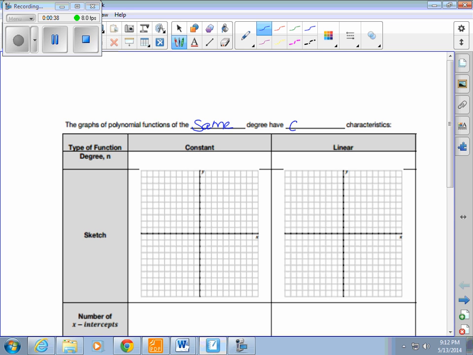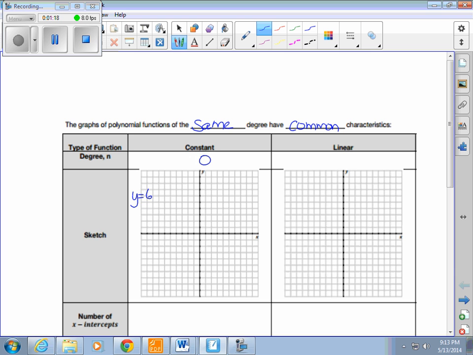have common characteristics. Okay, so if we have a degree where the constant is 0, what you will notice then is you're going to have a straight line. So for example, if our equation was y is equal to, say, 6, okay, so if our degree is 0, that means our x would have had a power of 0, so that would just be a 1. So we wouldn't actually